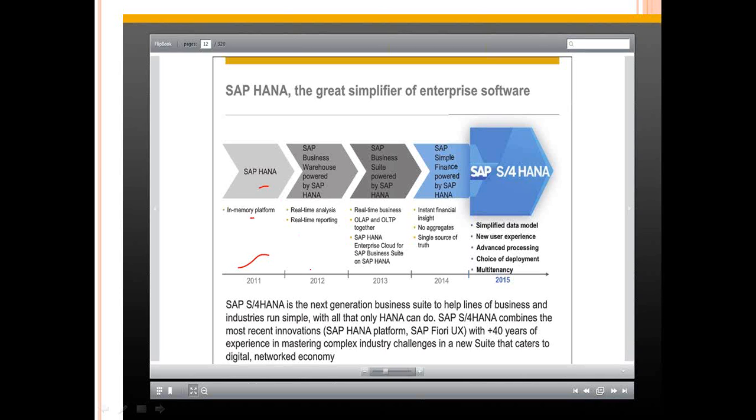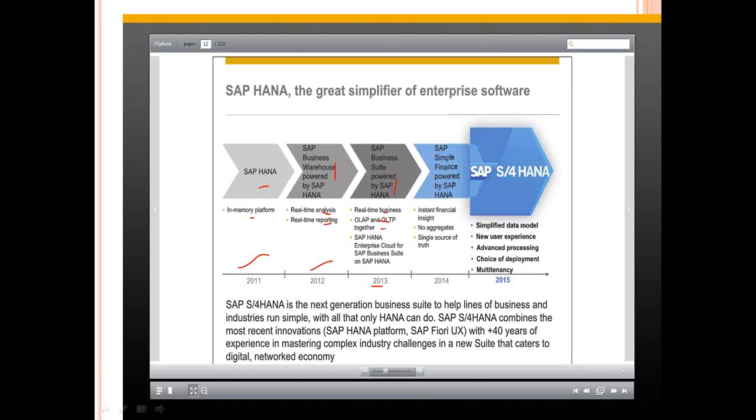So later in 2012, they added the business warehouse BW powered by SAP HANA. And with the help of BW, all real-time analysis and real-time reporting is possible. And later in 2013, again for this BW powered by SAP HANA, they added OLAP and OLTP together,